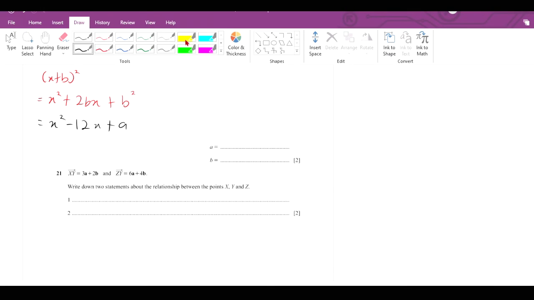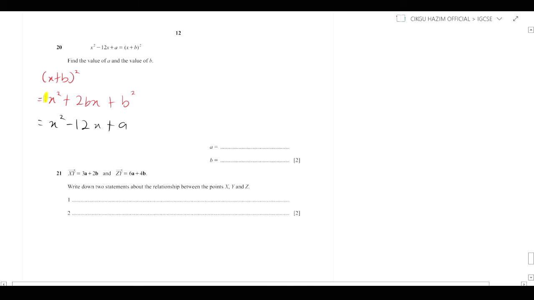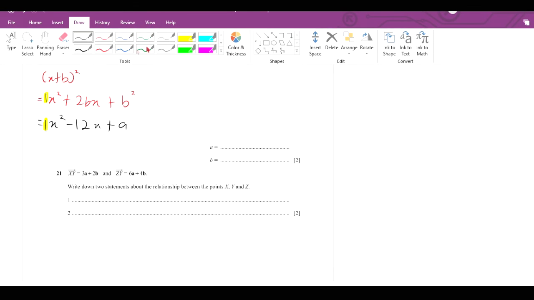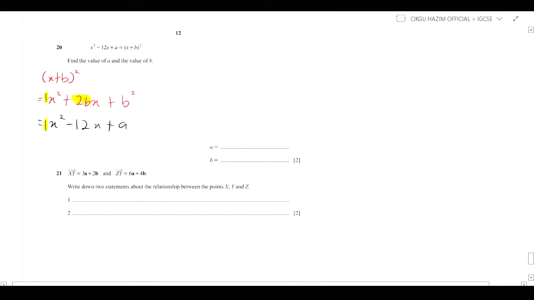How do we compare it? We compare the coefficients. The x squared coefficients are 1 and 1, that's fine. For x, it's 2b and negative 12, so 2b equal to negative 12. So b is equal to negative 12 divided by 2, which is negative 6. We get it for b. And compare the